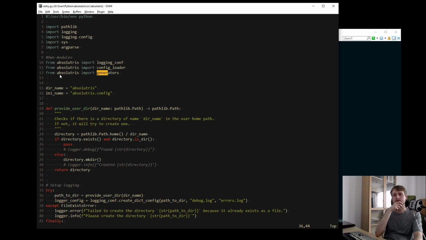I say import generators. And this is the entry module, so it says, okay, import generators.